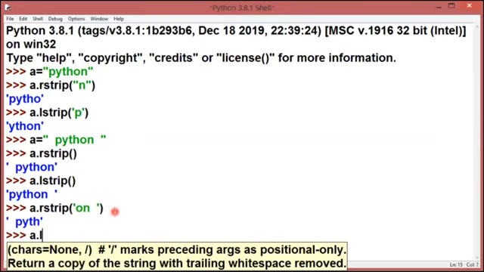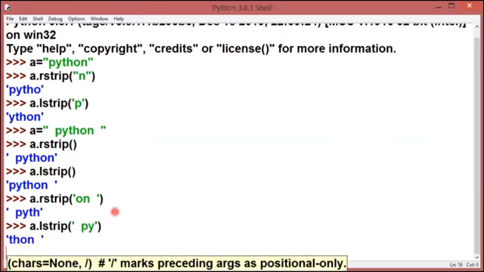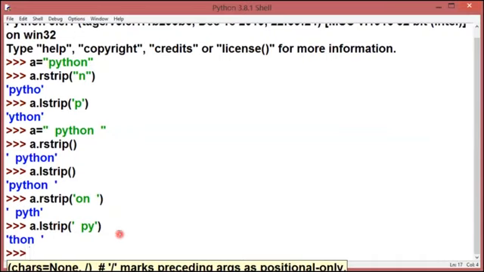Similarly, if I say lstrip, then I can write two spaces and then PY, right? Then I'll get the result in this way. After removing PY from there, I'm left with THON along with space if I come to the original string. So this is how rstrip and lstrip functions work.